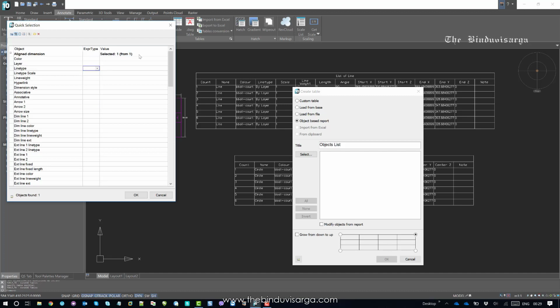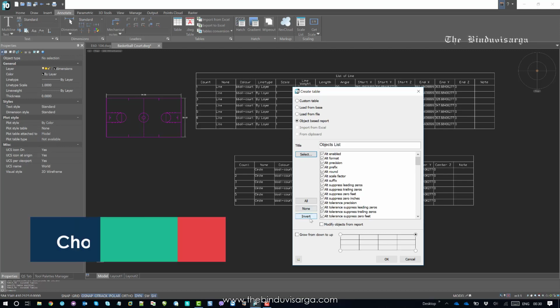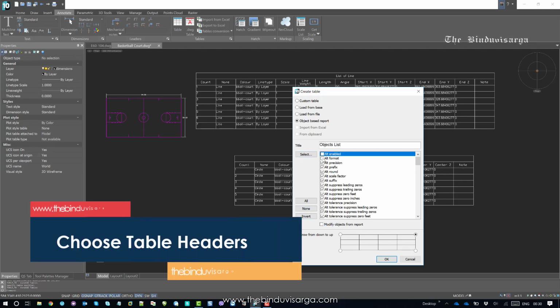So I can see that I have only one object, so I'll go with the one object now. So okay, and now I have all the geometrical properties related to the dimensions. So I can choose from the list,